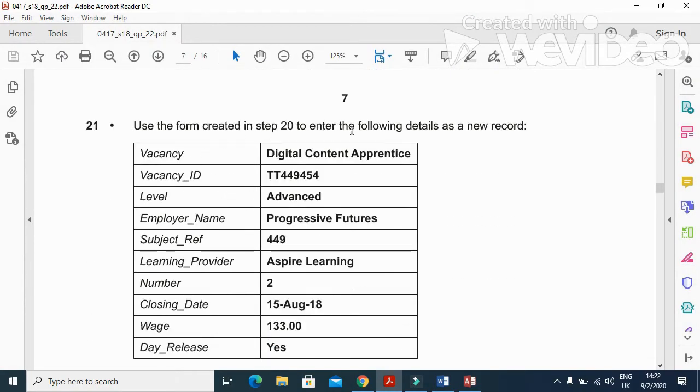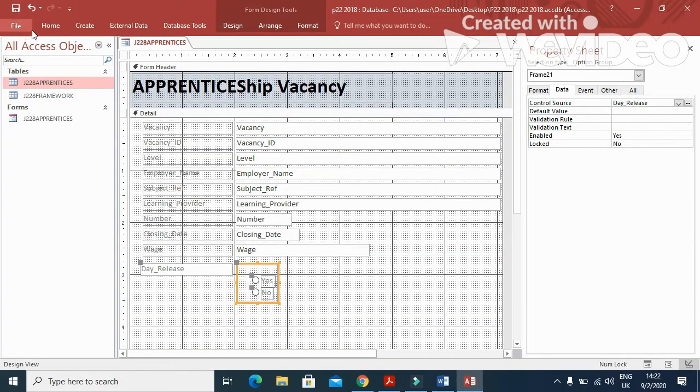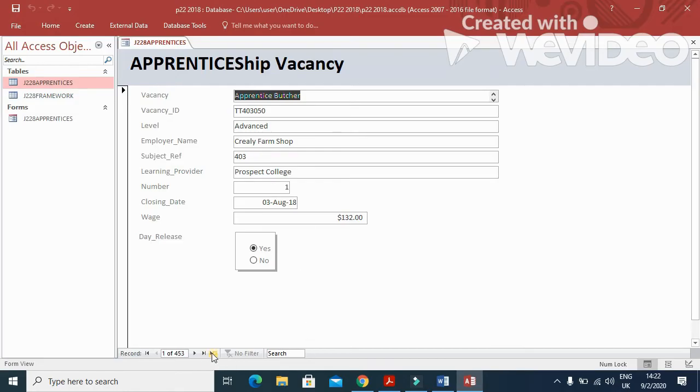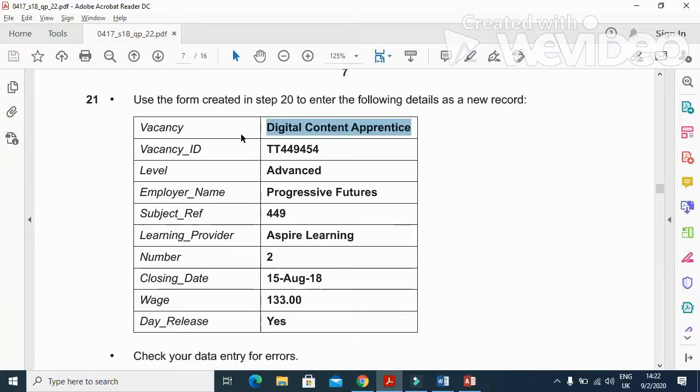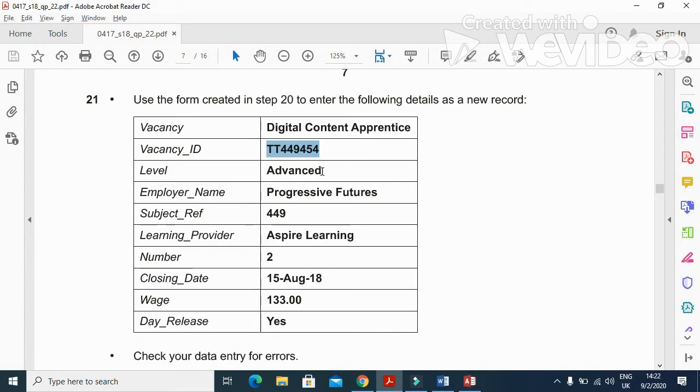Next step is step number 21. You need to enter the data into that form now. So we'll enter the data first. Right click and form view. We'll click on new record and we'll start entering the data. Then next is vacancy ID. Copy this one, we'll paste it, and then advanced level,